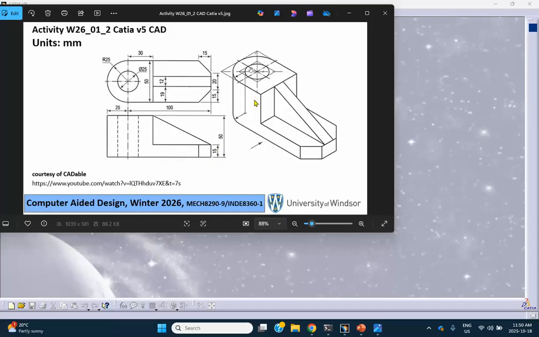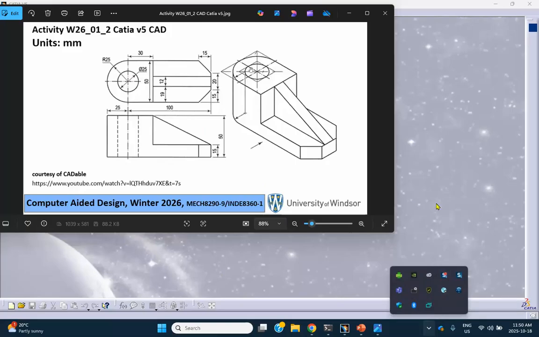So my strategy is this. First, I make this piece on the left side. See that? So basically there is that section that I'm going to draw and then pad it. And then when I do that, I come back and